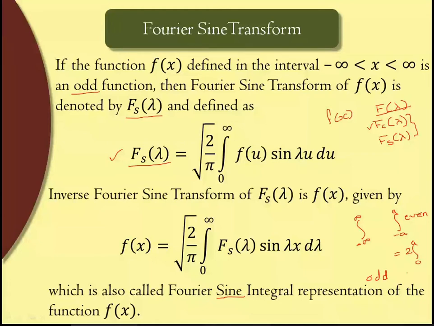So making use of that, if the function is even, then the integration can be simplified to get the Fourier cosine transform. And if the function is an odd function, that basic formula can be simplified to get the Fourier sine transform. All the Fourier transforms just depend on these three types of formulas. What are the formulas? The formula for f of lambda and the inverse Fourier transform, then the formula for fc lambda and the corresponding inverse transform, and fs lambda, this formula and its inverse transform.